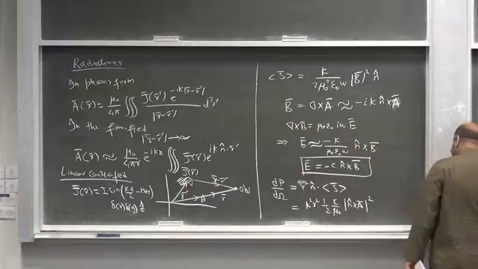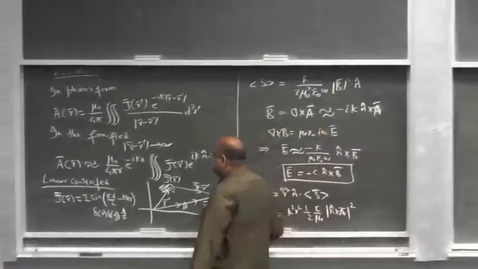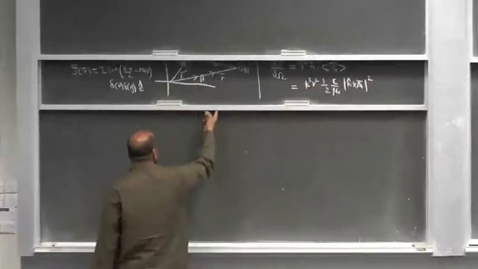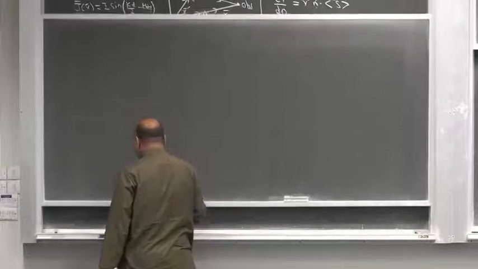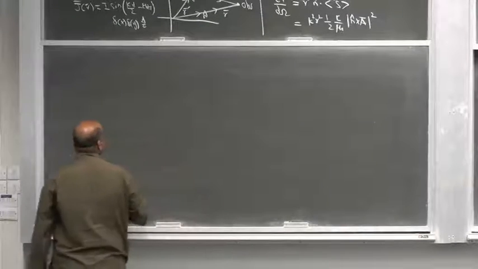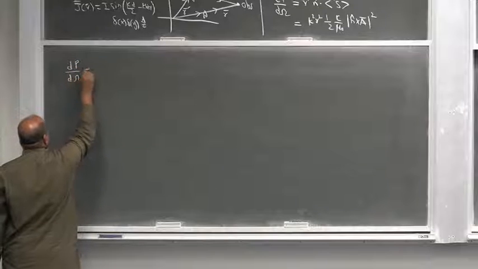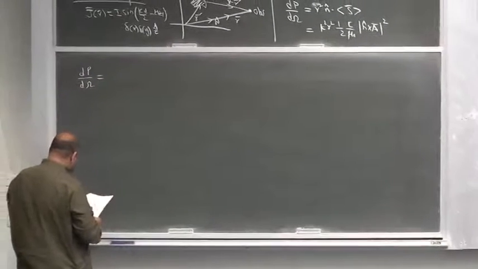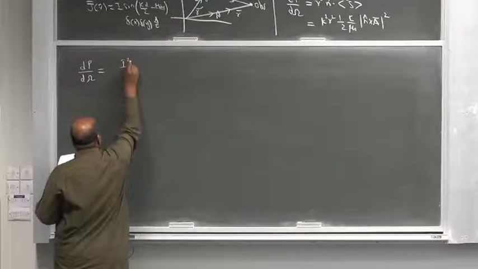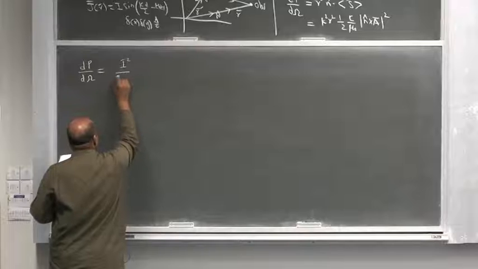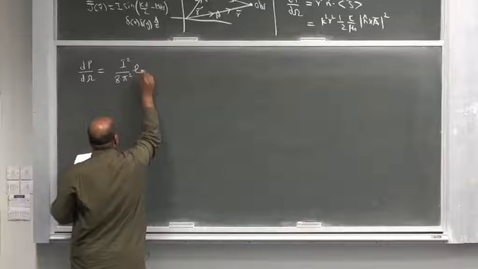And for the linear antenna, we saw that this angular distribution of power comes out to be equal to this. Z naught